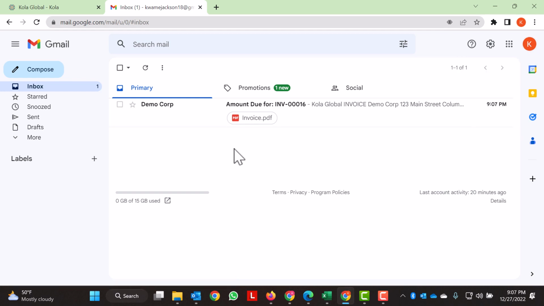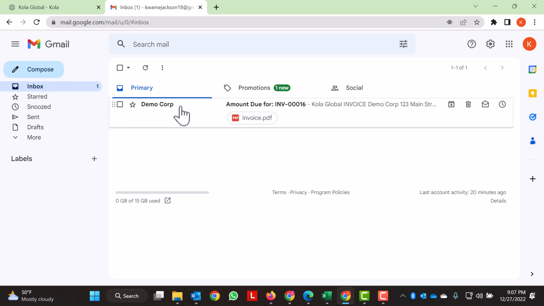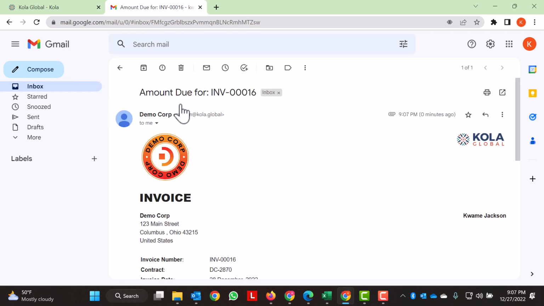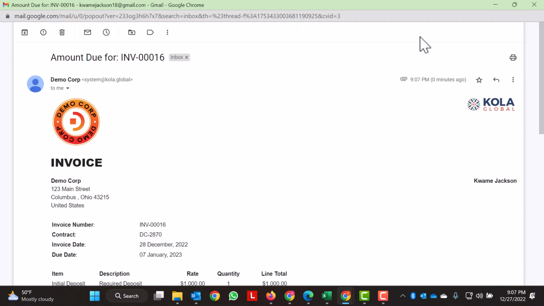And you will see there's only one thing in the inbox, and that's from Demo Corp, which you may recall is the name that we are using for this fictitious home builder. And you'll see indeed it's an invoice. So let's click on it. And you can certainly view it here, but let's expand it a bit, and we can quickly take a look